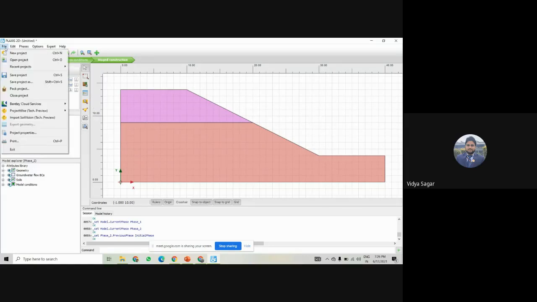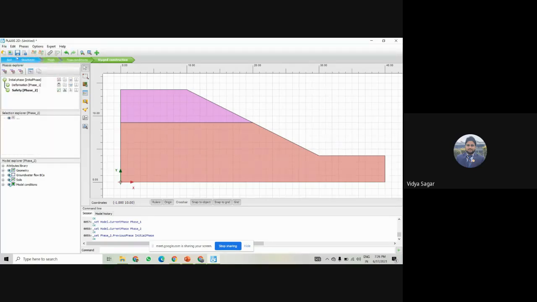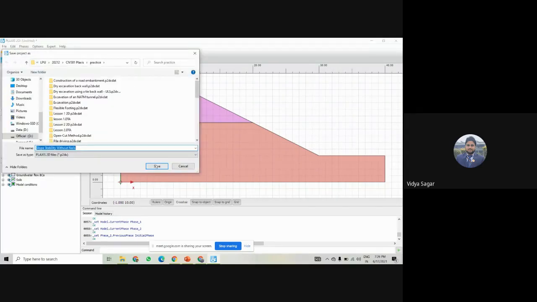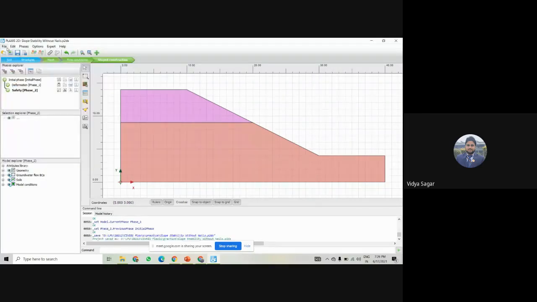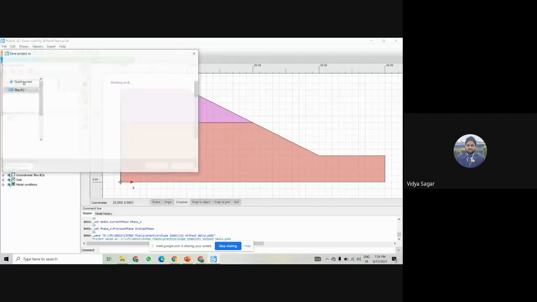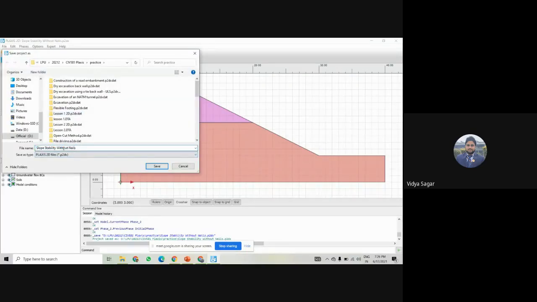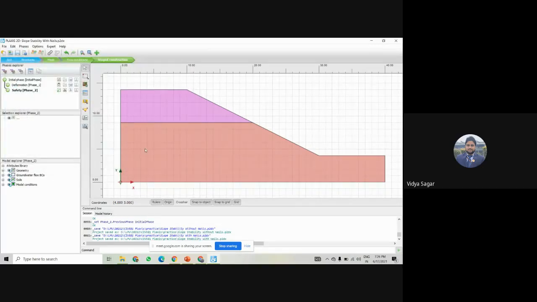Okay. So how can we create that? First we'll save as. We'll start the save as of this project. First we have to save this one also. So save, okay, and save as. Now I am removing the word without, and it is the with nail, right?